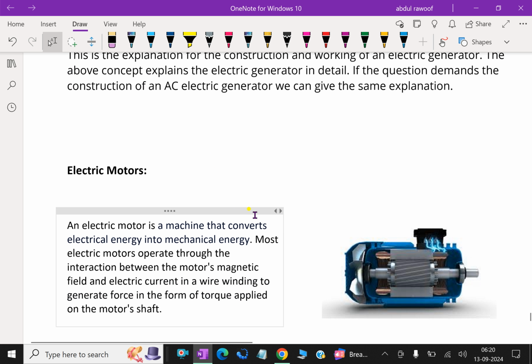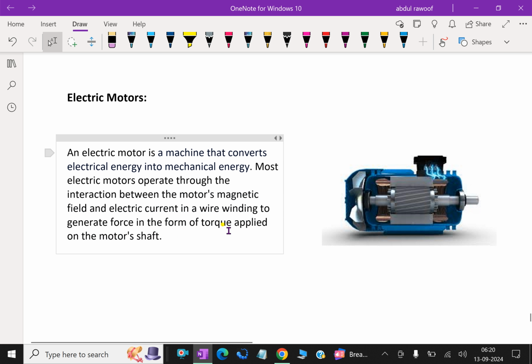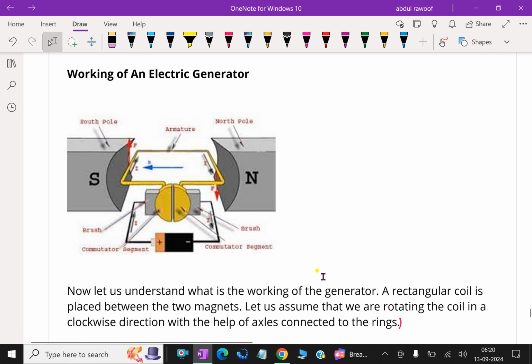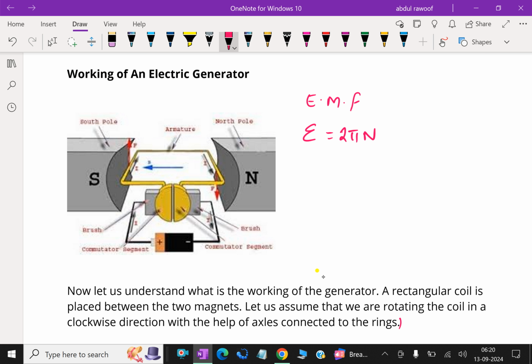Next is the electric motor. But before that, we'll discuss the formula for the electric generator. The EMF produced is equal to 2 pi N ABF cos 2 pi ft,